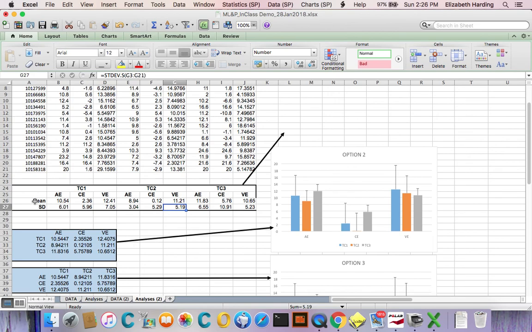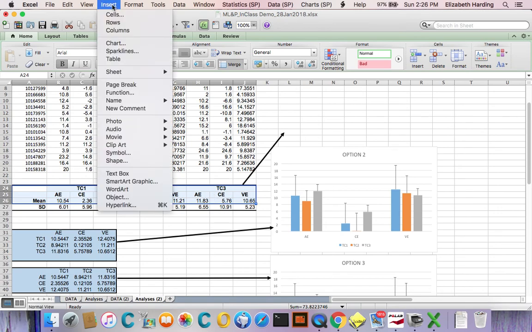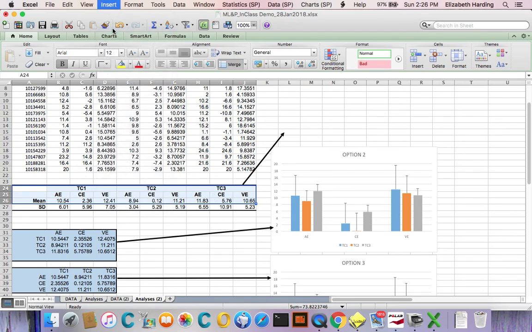And then really you're only asked to graph the means and the standard deviations, but we're going to use our standard deviations as the error bars. So instead of worrying so much about this row 27 that has our standard deviation, we're going to highlight rows 24 to 26, just to the column J. So we're just going to highlight this data right here in this box. And then if we go to Insert, Column Chart,